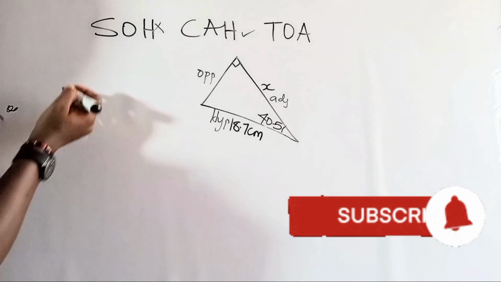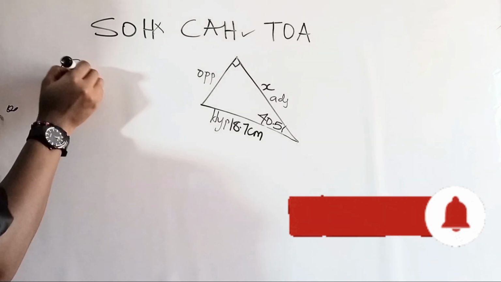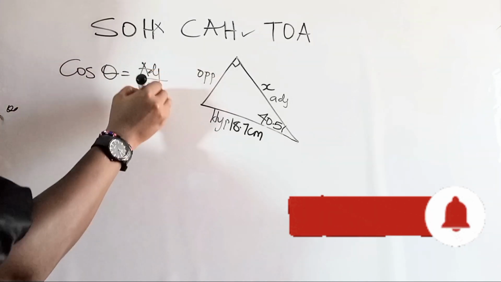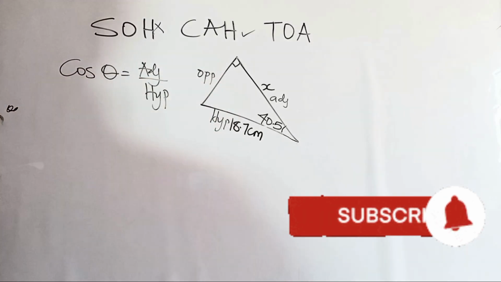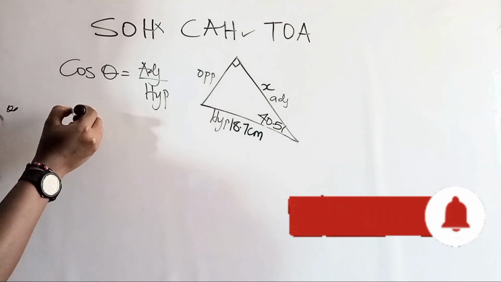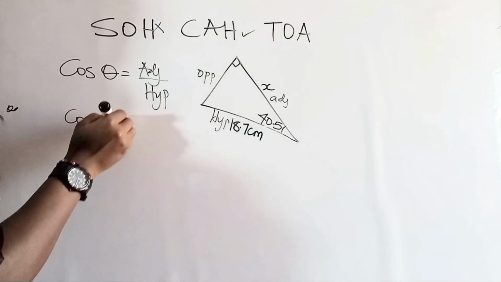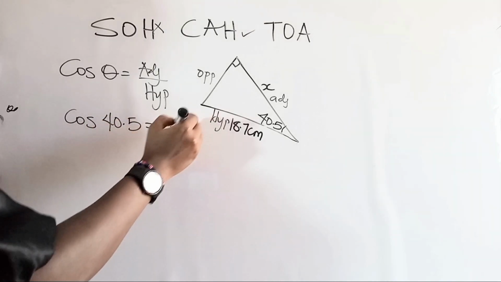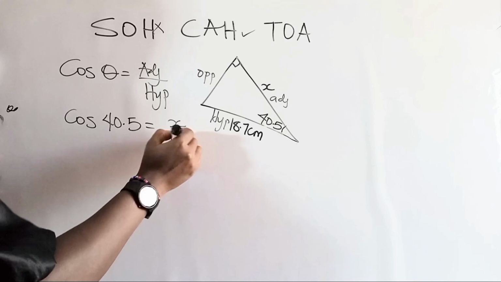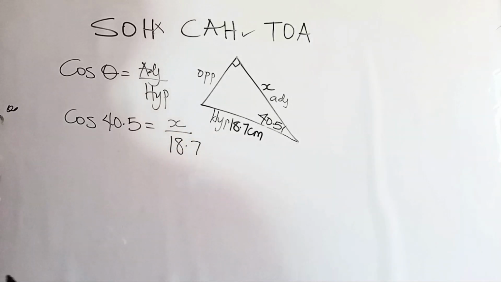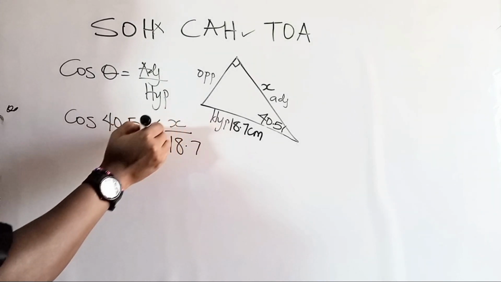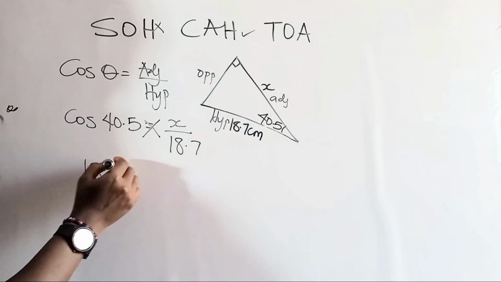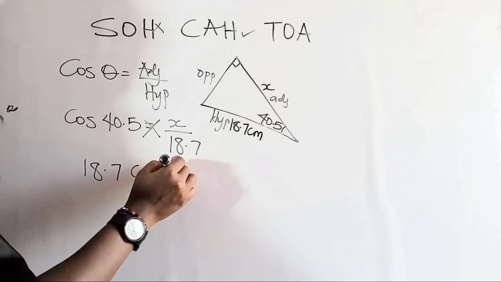Thank you. So our cosine ratio is given as cos theta equals the adjacent side all over the hypotenuse. Now theta here is 40.5, so we have cos 40.5 equals the adjacent, unknown x, all over the hypotenuse, which is 18.7. What do we do next? We cross multiply. We now have 18.7 cos